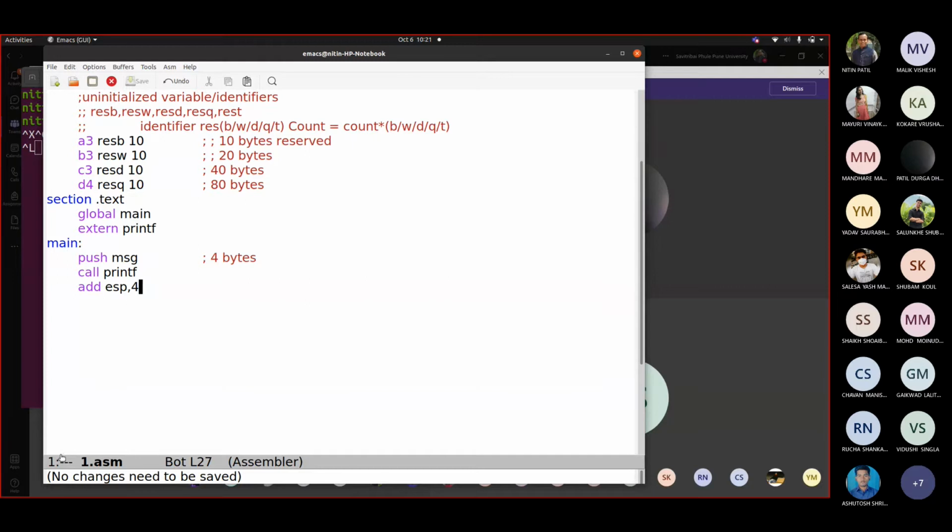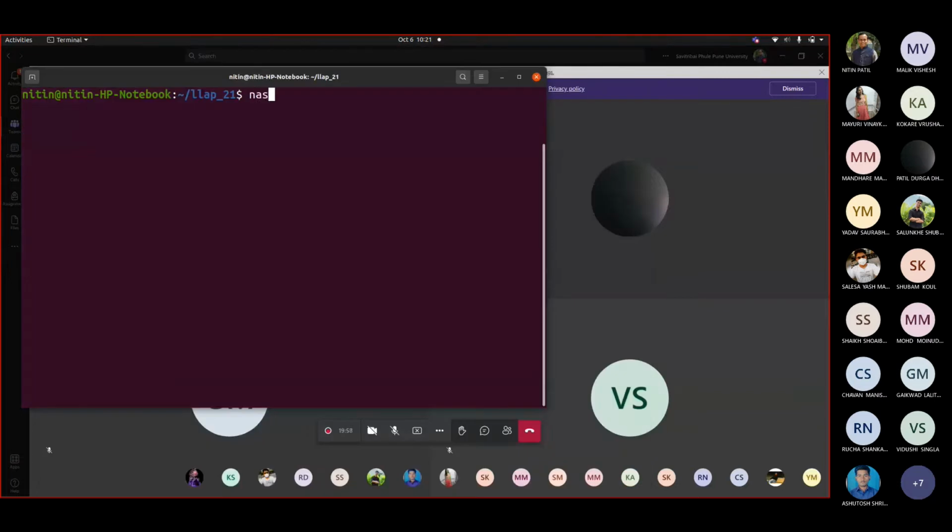So you simply save this. Your program name should be some name with the extension .asm. Fine. So you saved it. Go to the terminal. Write nasm -f elf32, because we want a 32-bit file to be created as an object code for your assembler. Fine. And you simply write your program name.